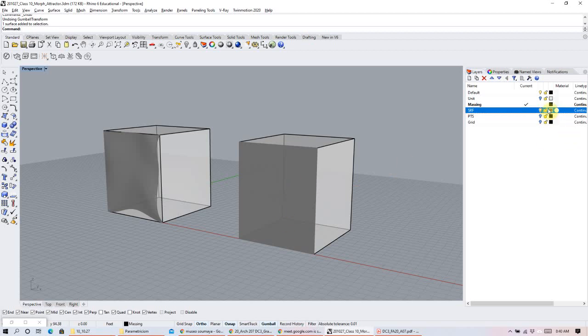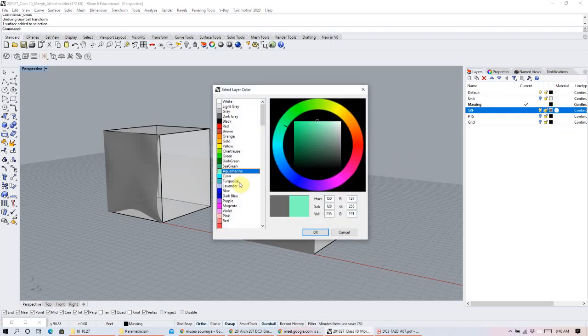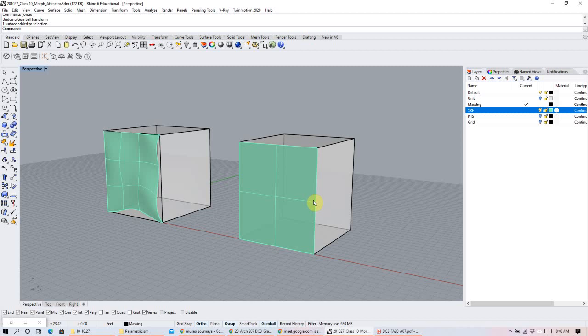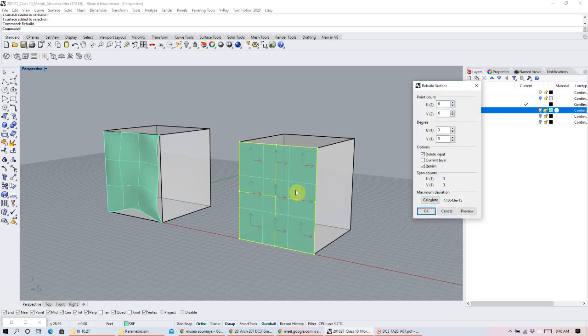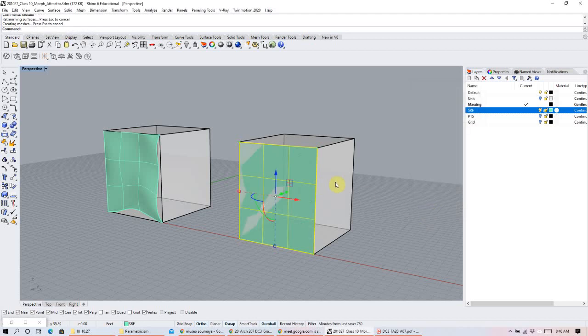Wow, I don't really like that. Aquamarine, clear. Okay, so then the next step is to rebuild the surface. I'm going to just keep the same divisions here, but what it will do is it will give us more control points. So if I type in points on,